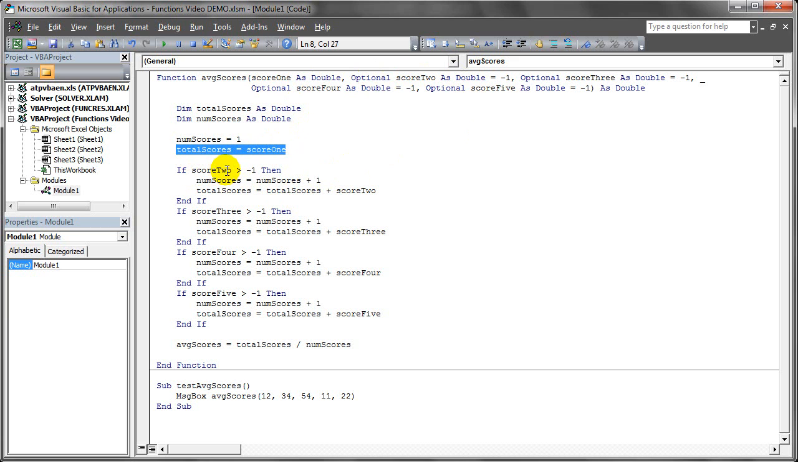So what I do is I say score 2, if it's greater than -1, and I defaulted it to -1, so if it's greater than -1, I know they have a score there. I add 1 to the number of scores. So I take the 1 that's already there and I add 1 to it, so now it's going to be 2. Take the total score value, add the second score value to it, and place it back in the total. And I check for each one of these, and I only increment the number of scores and the total that they've given me if